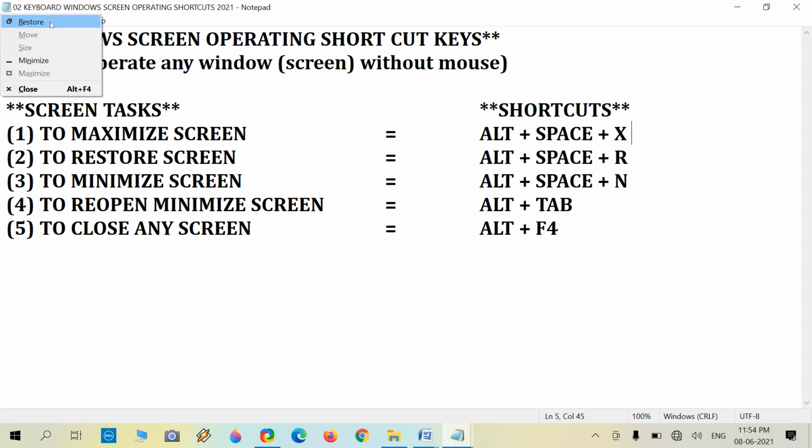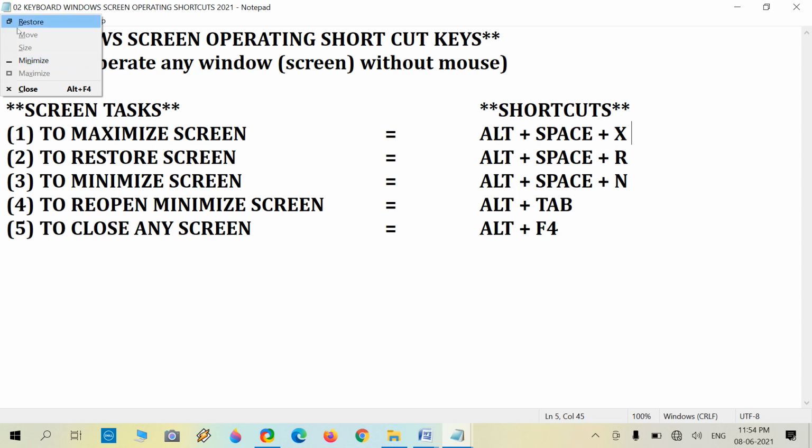Restore, minimize and close are active. These are called the context menu. First we need to restore the screen. Alt space and R for restore, and Alt space and N for minimize.